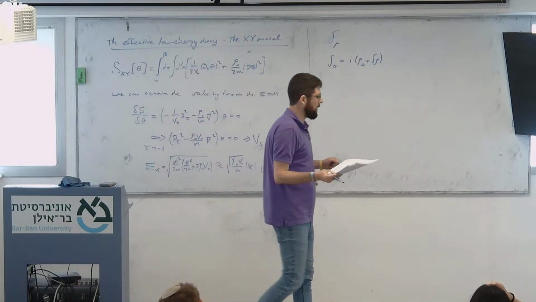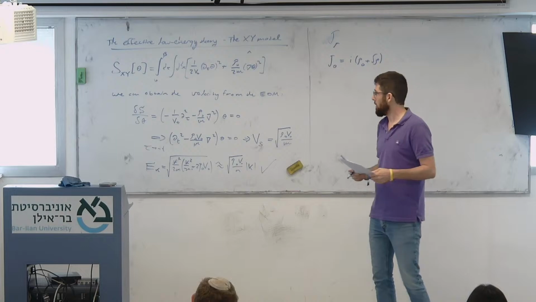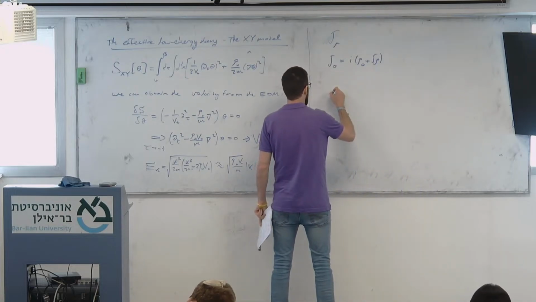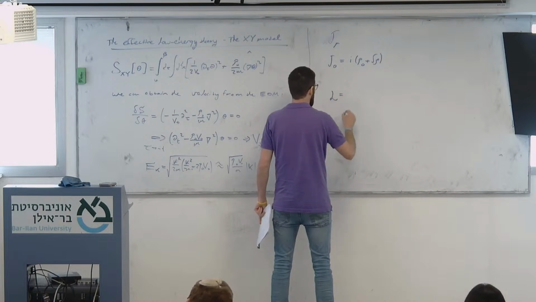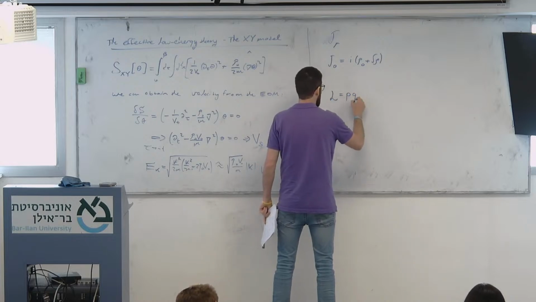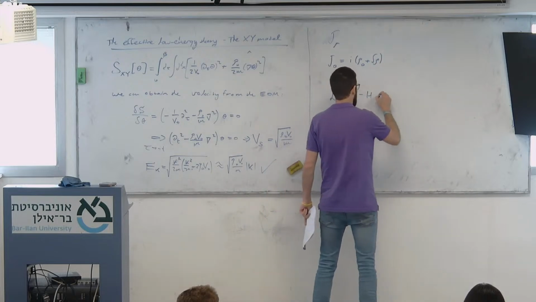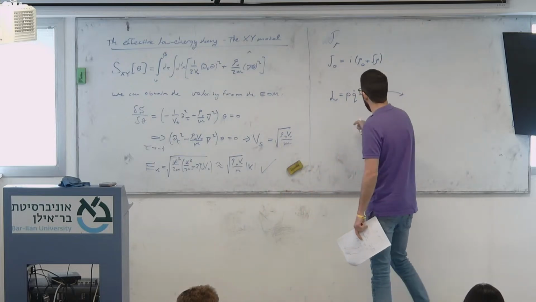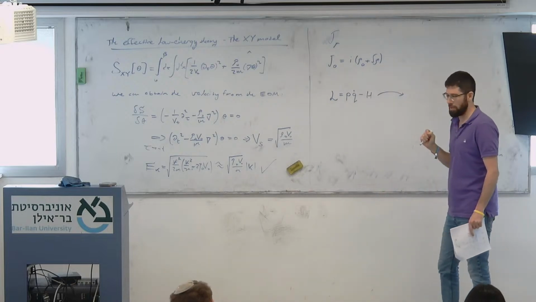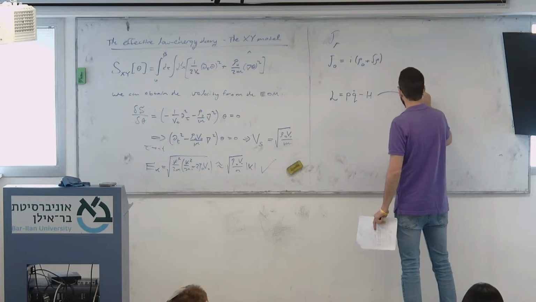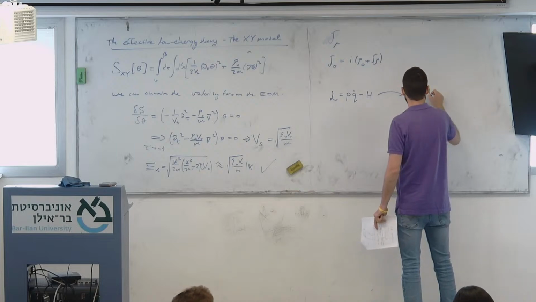And here I want to remind you that, imagine that I write a Lagrangian, which is P Q dot minus H, and then I perform the Legendre transform. Then I'm going to get L, which is Q dot squared